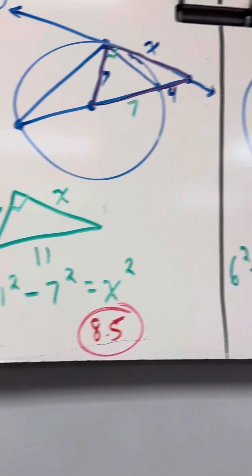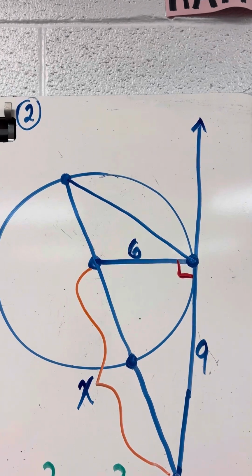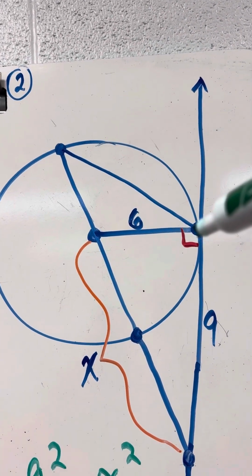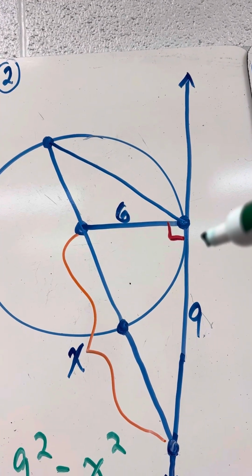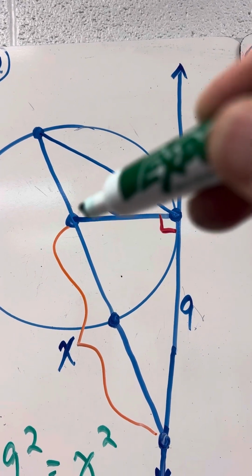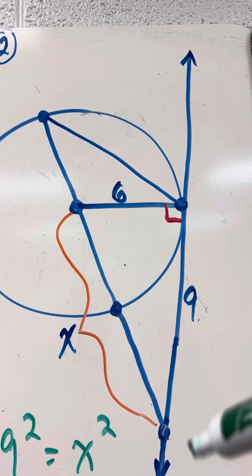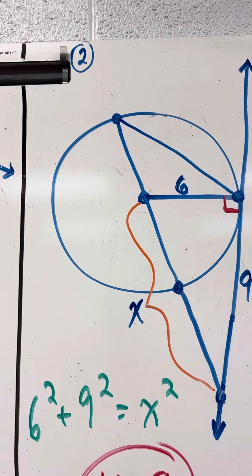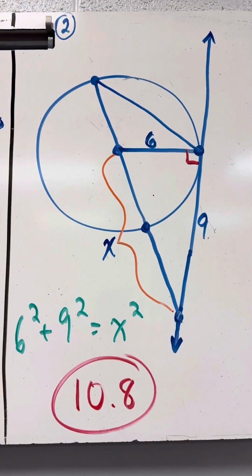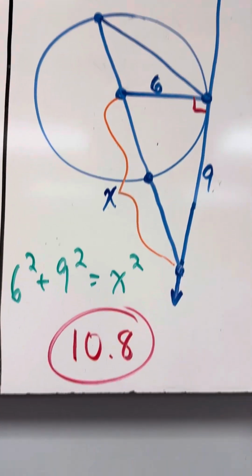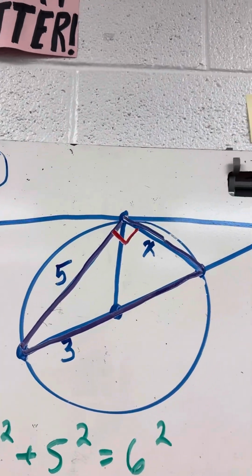Okay. Over here, you have a straight right triangle, right? So you're just going to do 6 squared plus 9 squared equals x squared. And you get 10.8. Okay. Over here,